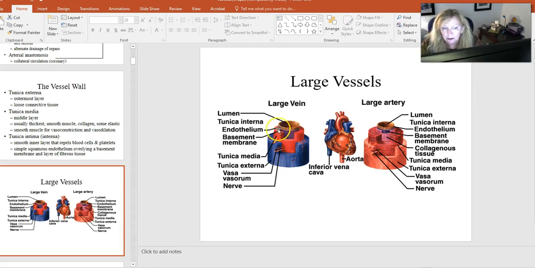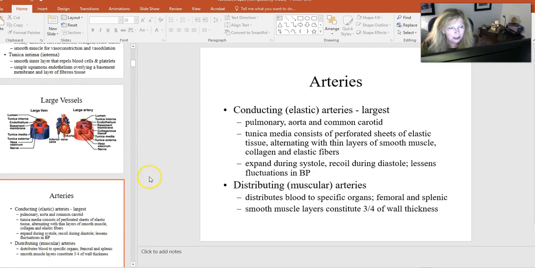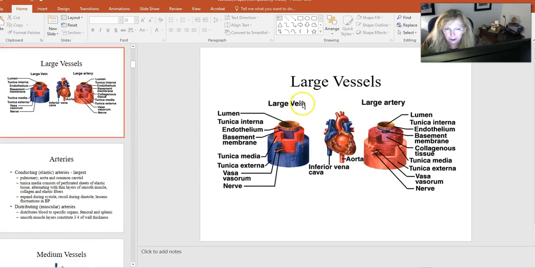But it's still, this muscle wall, this middle muscle layer is important because it is smooth muscle and it is contracting and dilating, and that is helping also the blood move along. So this is just some of the differences in the basic anatomy structure of an artery and a